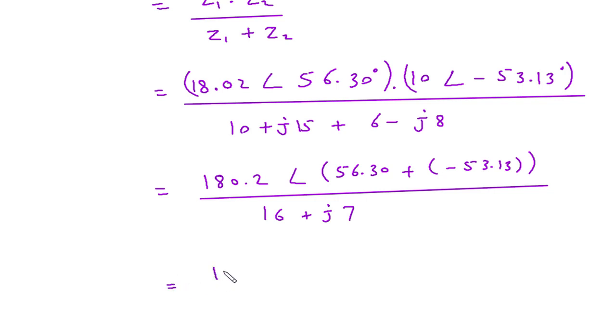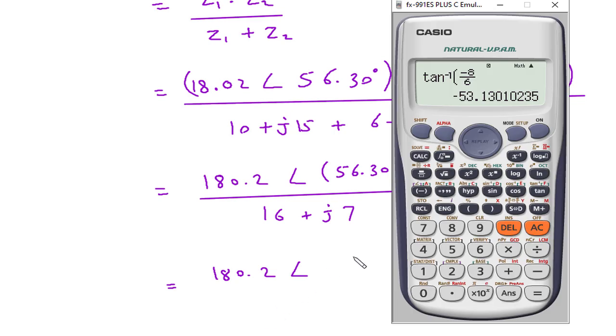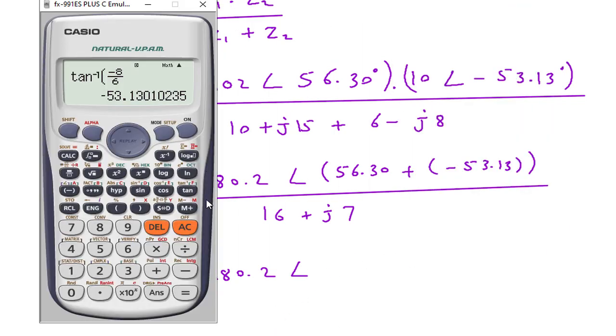Now it will be 180.2 at an angle of 56.30 plus minus will be minus 53.13. So it is 3.17